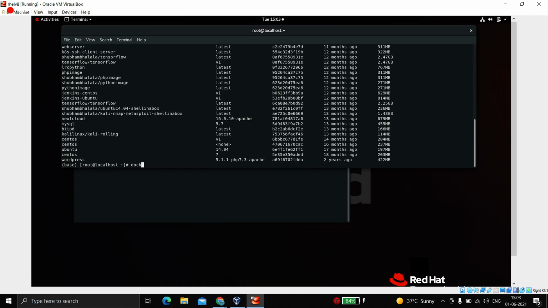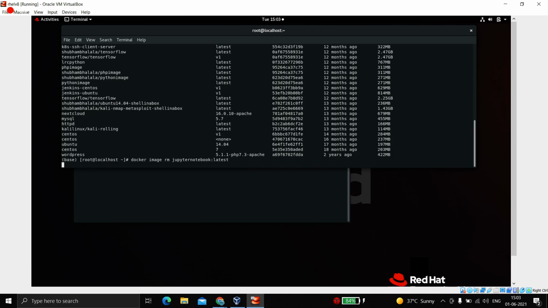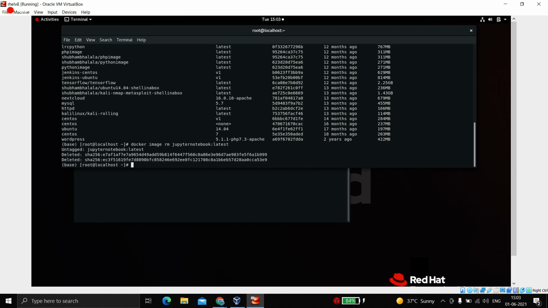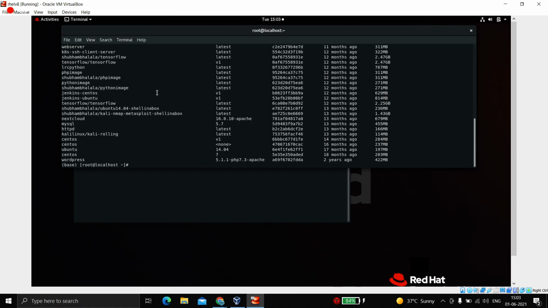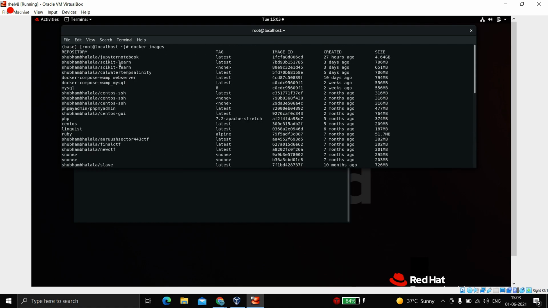If I want to delete this Jupyter notebook, the command is docker image rm and the name, and it would delete the image from our local system. Yes, so now we have deleted it and we won't see that image again.